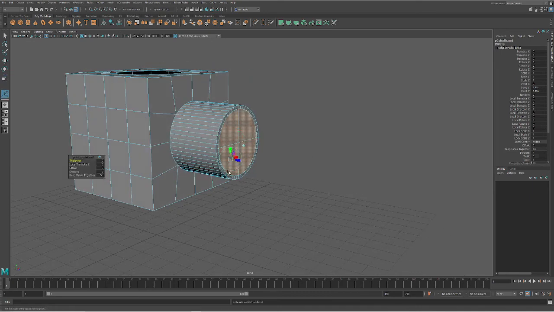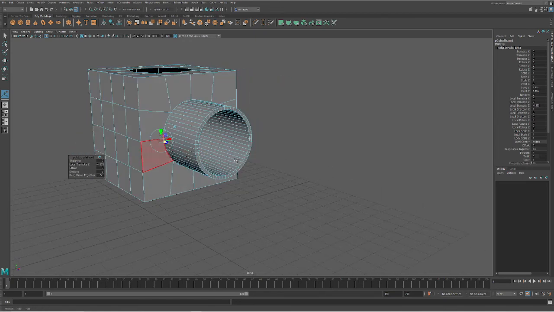And then control E to extrude in again. And then we can start to create